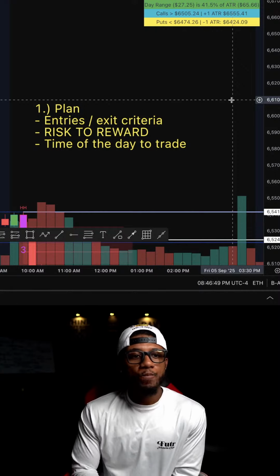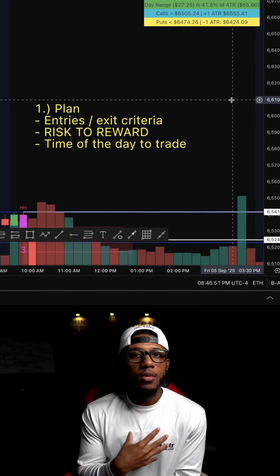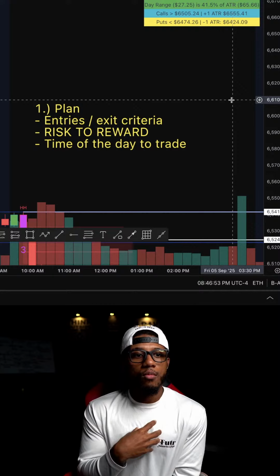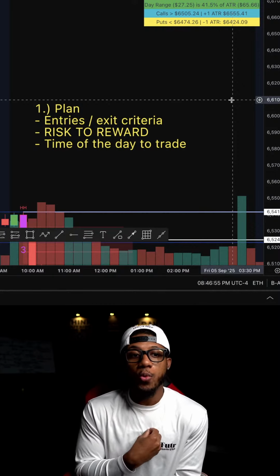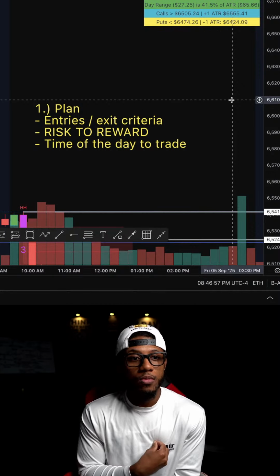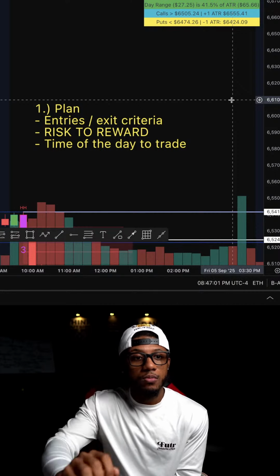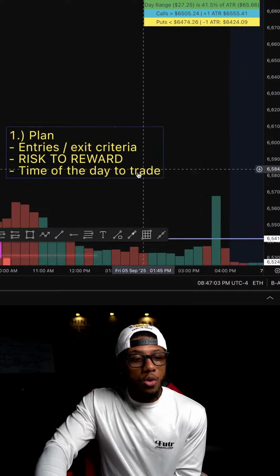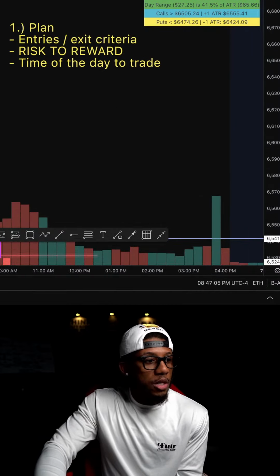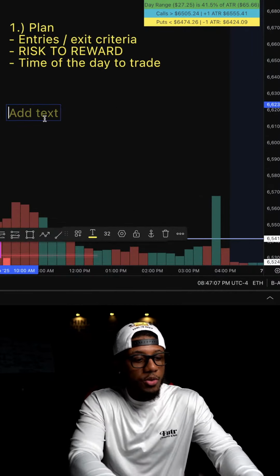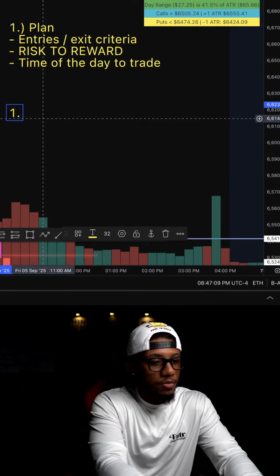Okay, cool. So here's the thing. I've found what has worked best for me, right? That's what most people use, a 30% stop loss, right? Okay, good. So here's the thing. I'm going to make another text box. So for me personally, here's where I started off. One, I was at